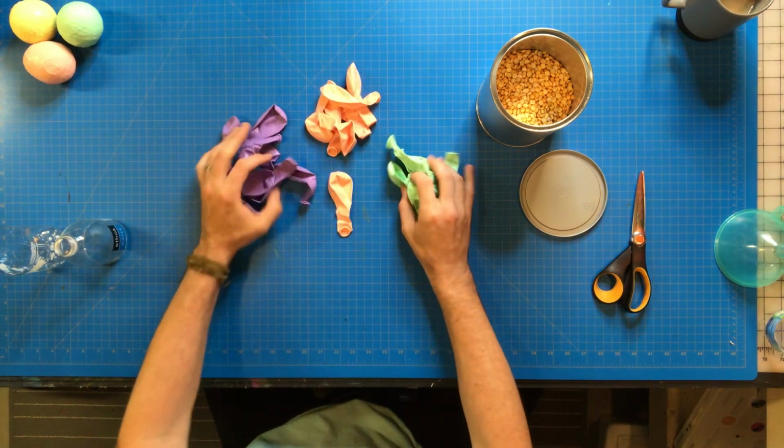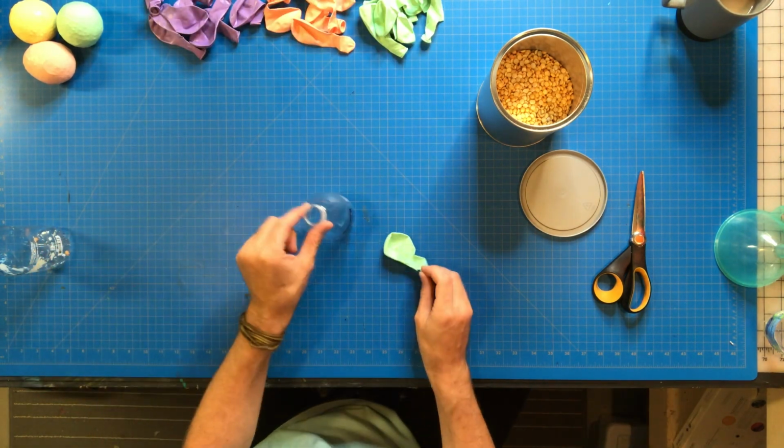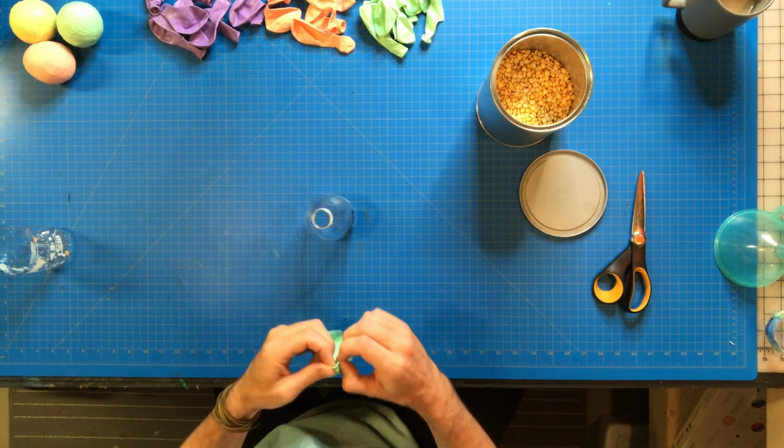So, got my purples, I've got my greens, I've got my peaches. First thing we're going to do is take your funnel and we're going to put the...